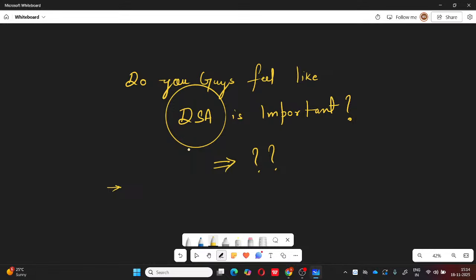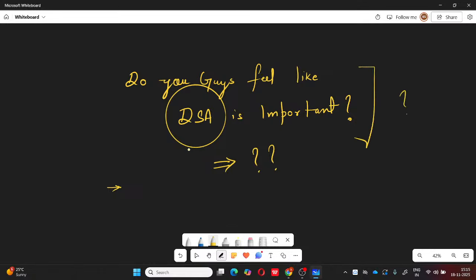Don't just come and go. Just try to talk, try to tell me about the doubts and the problems you're having right now. Because once I know your problem, then only I'll be able to solve it, right? Because I can come and teach and go, but that will be a waste of time. The main problem is that we should know where we are lagging, and then we should work on it. So first of all, we need to discuss what problems we are having.